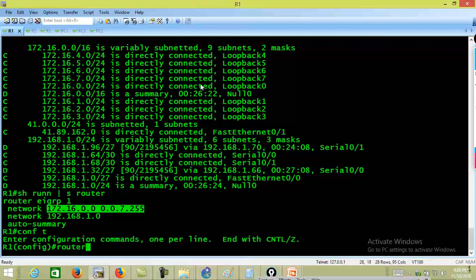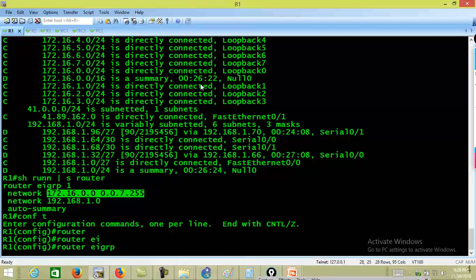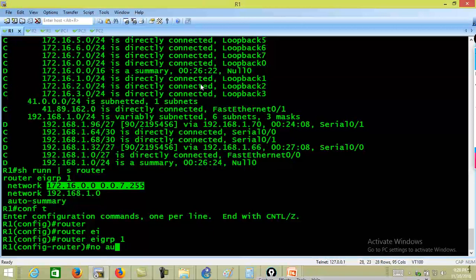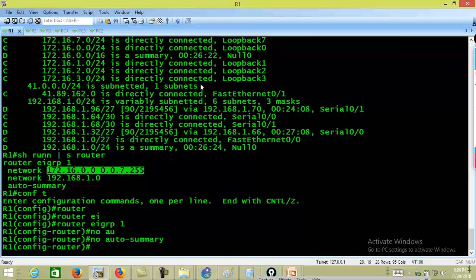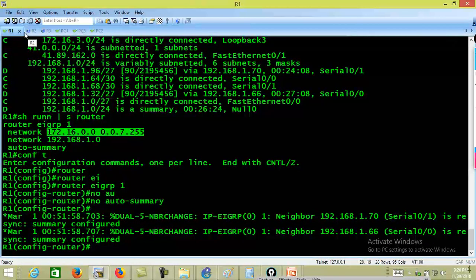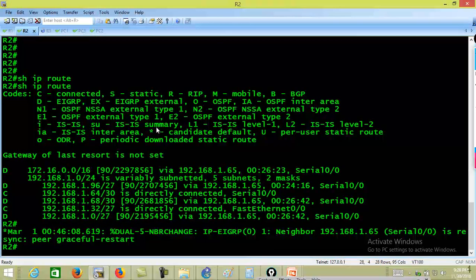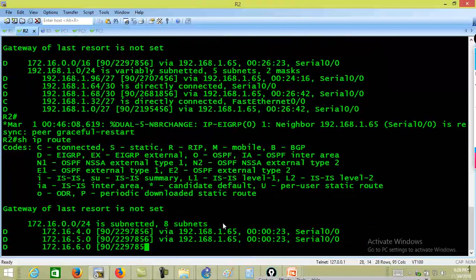So we go to router EIGRP 1, we do no auto-summary. It resyncs the neighbors, essentially brings the neighbors down and then reforms them again, and it's a graceful restart. You can see those status messages, and here you can see the DUAL algorithm. Now if I do show ip route,